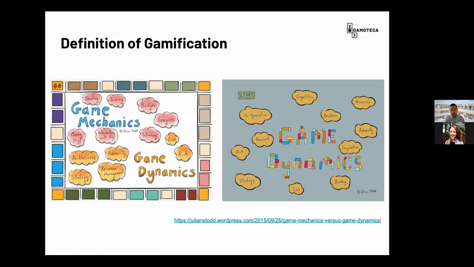Are you trying to create strategy? Are you trying to create teamwork? Are you trying to create a sense of loss or risk or competition or collaboration? So I think that's a very important aspect to keep in mind, because there is sometimes quite a lot of